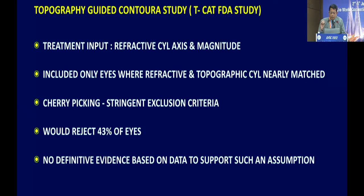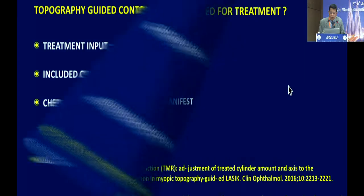Most often, what the TCAT FDA study used was the refractive cylinder axis and the magnitude. These were cherry-picked such that the topography of these patients, the cylinder, the axis and the amount of cylinder almost matched what was there in subjective cases. But this is a very ideal situation, and in real world situations, 43% of patients would not satisfy these criteria. Practically, these might be the patients who have a significant difference between the refractive astigmatism and topographic astigmatism,